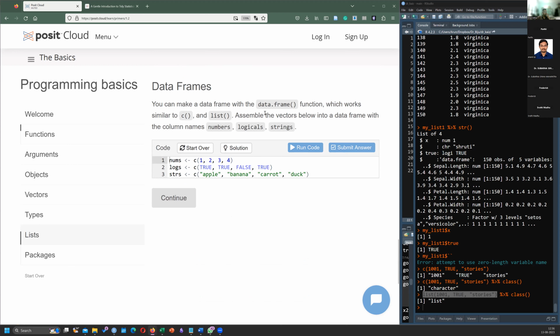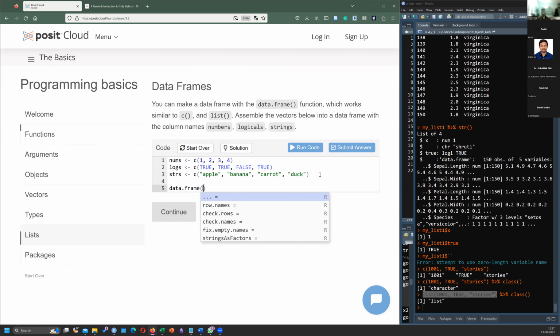So to make a data frame with the data.frame function, which works similar to list and assemble. They're asking us how to create a data frame, data.frame. How to do it?